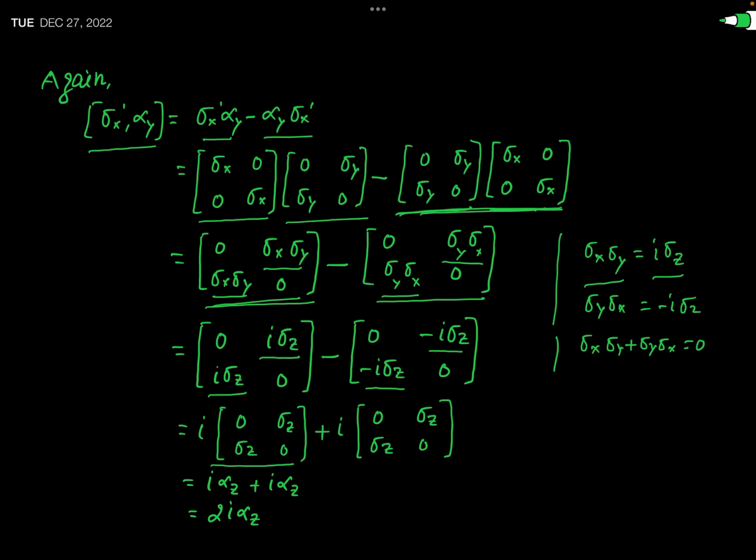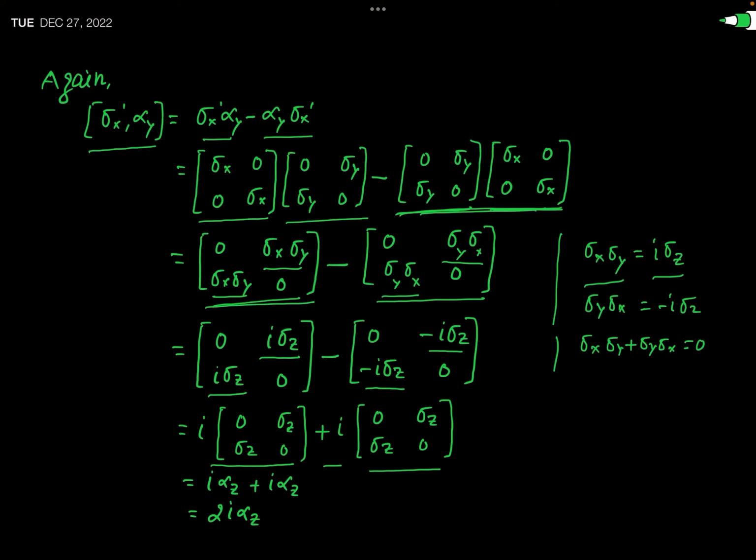In the second matrix we can take minus i as a common factor, so that minus becomes, minus minus plus, plus i times the matrix 0 sigma z, sigma z 0. But what is this matrix 0 sigma z, sigma z 0? You know from the idea of Dirac matrices, this is simply the Dirac matrix alpha z.